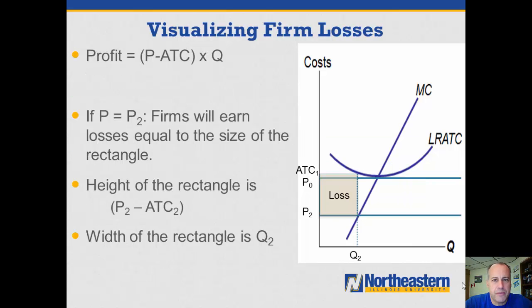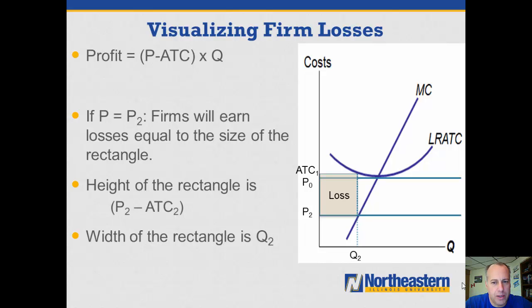We can also think about visualizing a firm's losses. In this case, the price is below the break-even price. P2 is less than the break-even price of P0. If the price is equal to P2, then firms will choose to produce Q2. Firms will produce along their marginal cost curve if they decide to produce at all. And they will earn losses equal to the difference of average total cost associated with that quantity minus the price